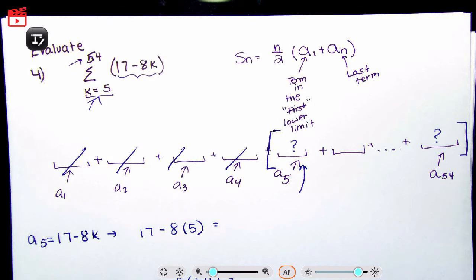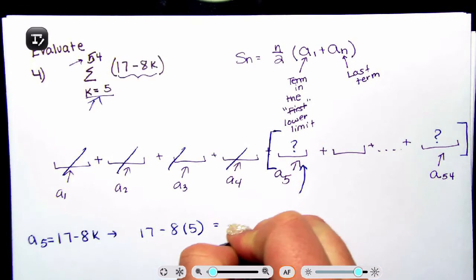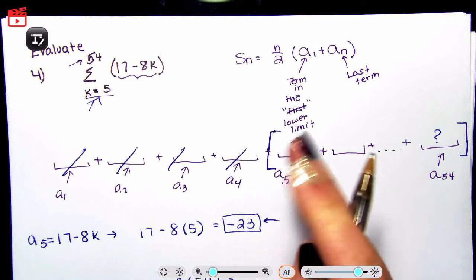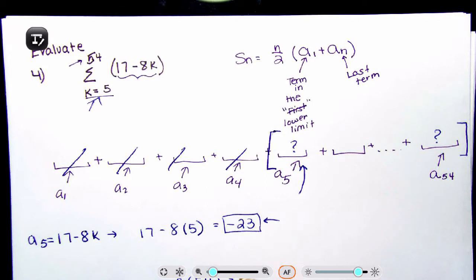So 17 minus 8 times 5, and that gives me a negative 23, and that's going to be the a sub 1, and here's my bunny ears, a sub 1. It's going to be the term in your fifth position, and then for your upper limit, I have 17 minus 8 times 54, so the term in the 54th position is negative